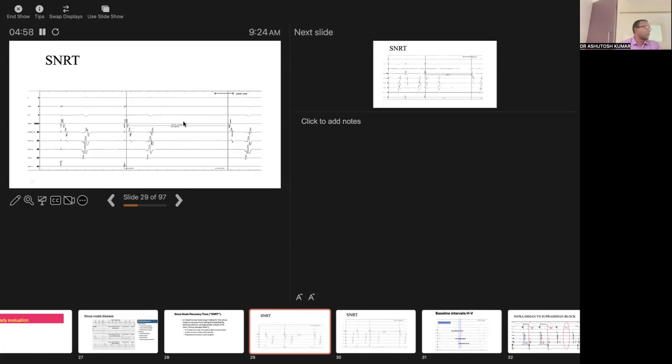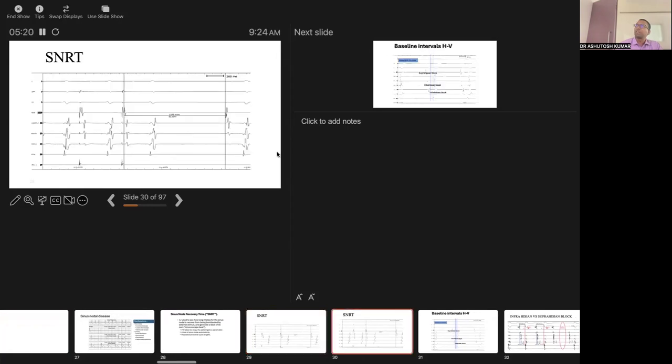If it is crossing that one, it is called sinus nodal recovery time. That is one part. But at the same time, this sinus nodal recovery time has to be corrected. What is the baseline rate? Baseline rate it may be 1,000. And the sinus nodal recovery time means your base rate is after this one, whatever the rate is coming,